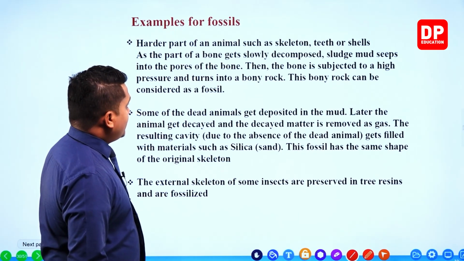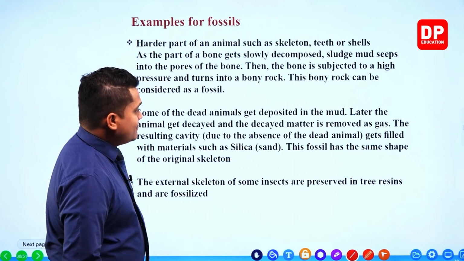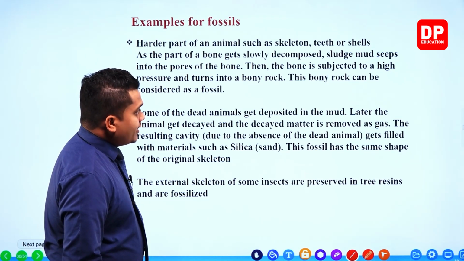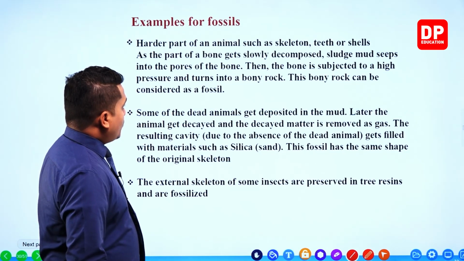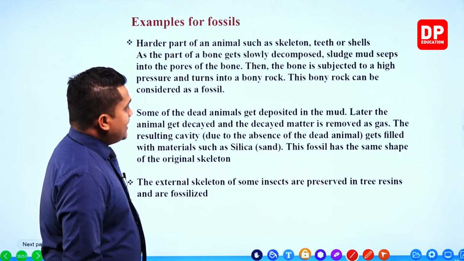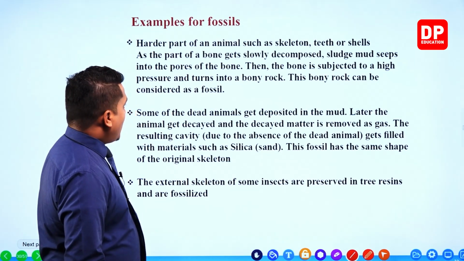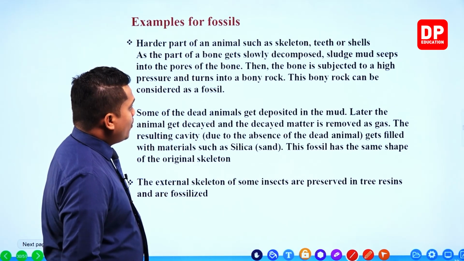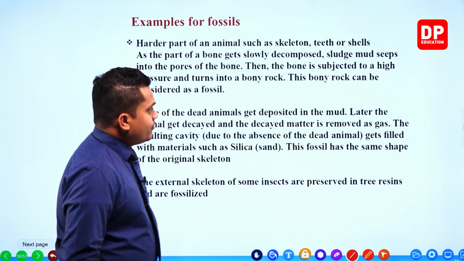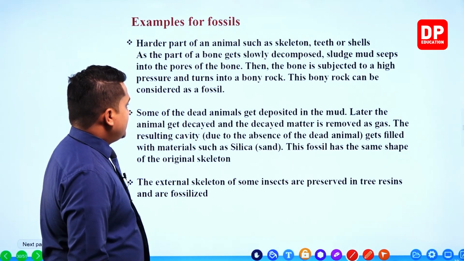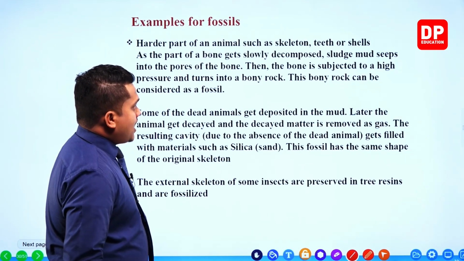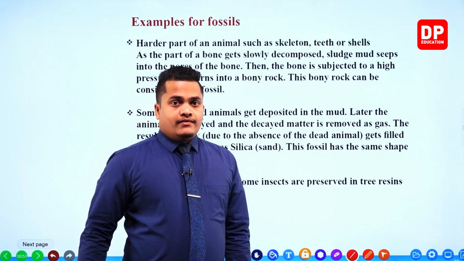As the part of a bone gets slowly decomposed, sludge mud seeps into pores of the bone. Then the bone is subjected to high pressure and turns into a bony rock. This bony rock can be considered as a fossil. Now, the first